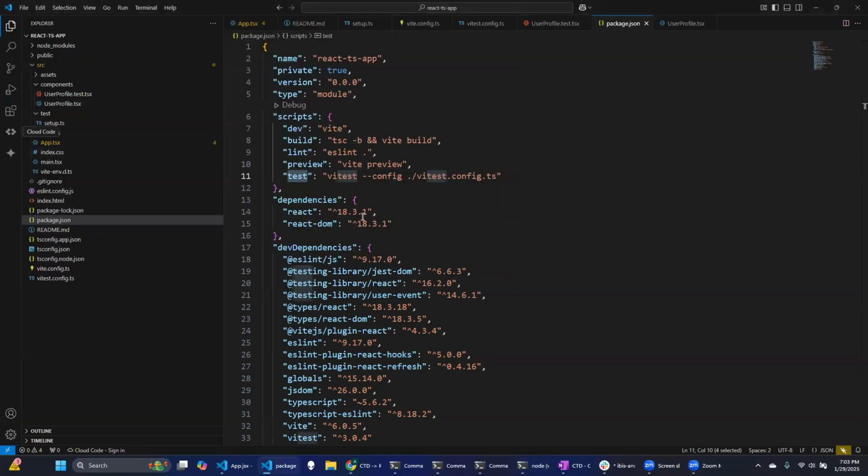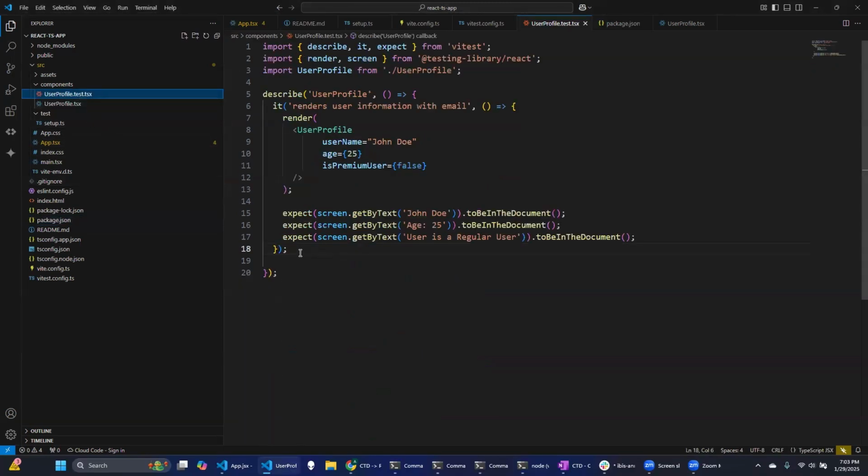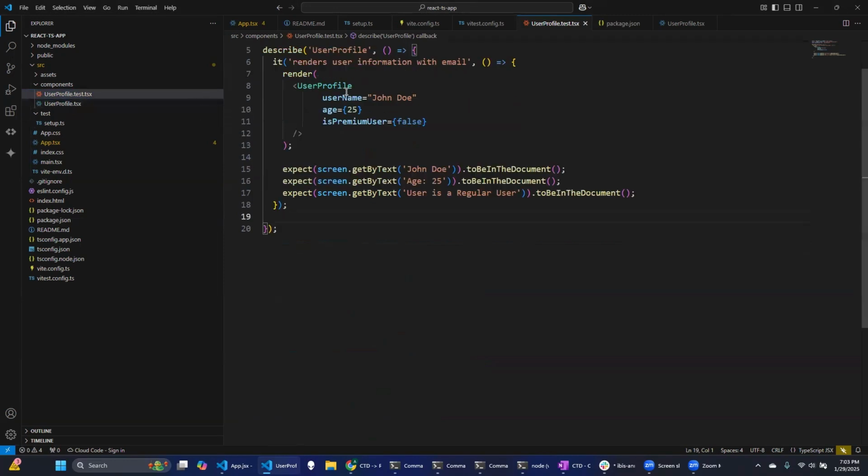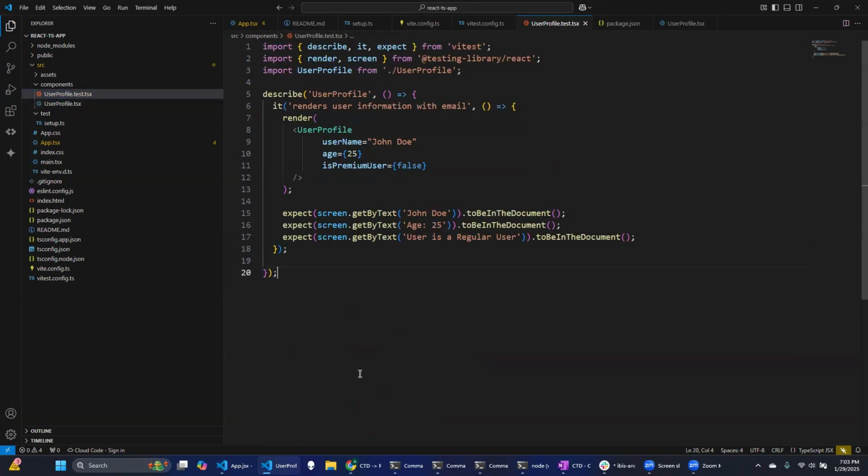So by default, the test runner will look for any files that have test in their name. So you should name your files using test or underscore test. There are a few conventions, but let's look at the code. So this is different looking code than a component, where I'm describing my test, where I'm saying my